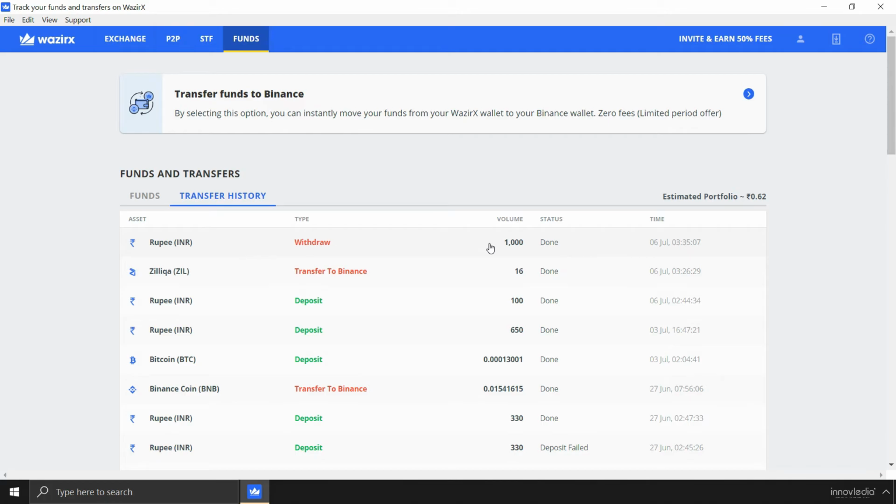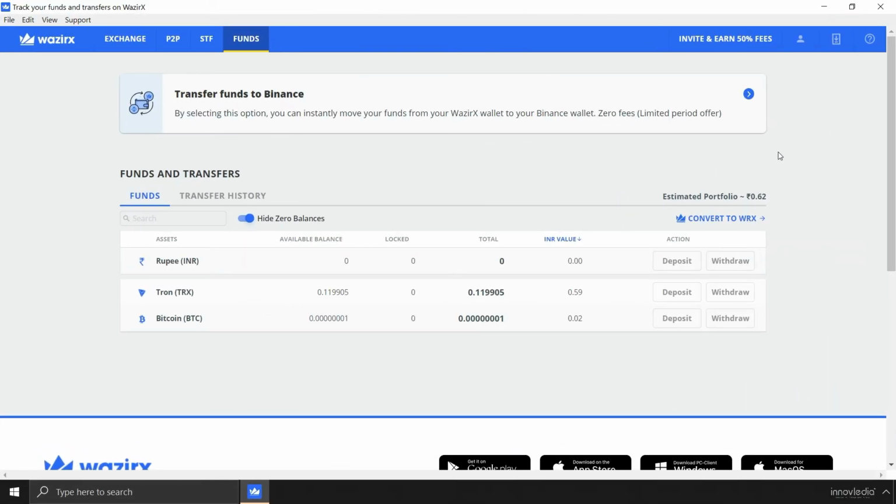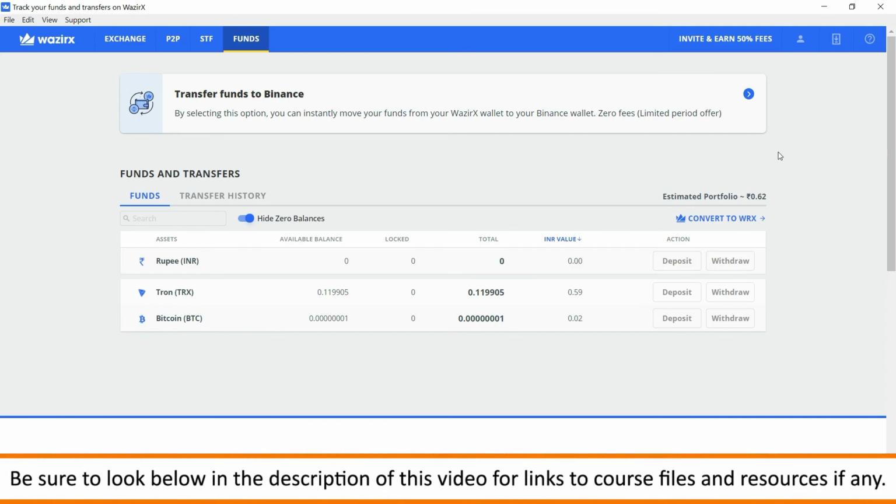See? The amount of 1000 has been withdrawn to your bank on this date. The status is showing done. That means it has been withdrawn. Alright. I have successfully received the amount into my bank account. I have received the message. So it is transferred instantly into your bank account. It is so fast that you can get it instantly, right? Within seconds into your bank account.